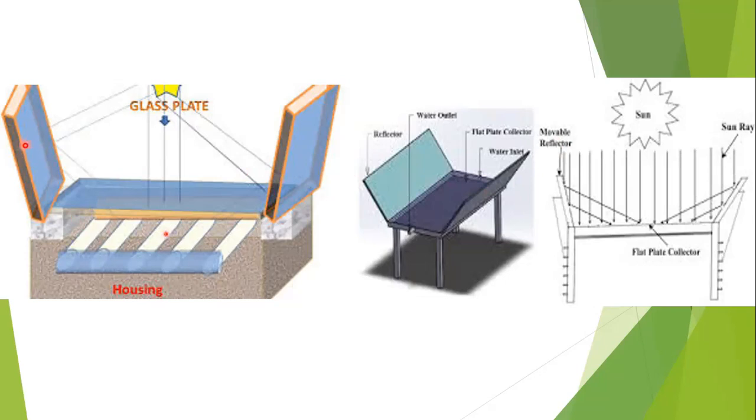Here these two are mirrors, and this is the absorber plate. The entire solar radiation is not directed onto the flat plate collector. See here, the radiation is coming from the mirrors like this. So only to some extent is direct solar radiation received by the flat plate collector. It has the disadvantage of the shadow of the mirror falling onto the absorber. It is not so much used, but it is low cost.